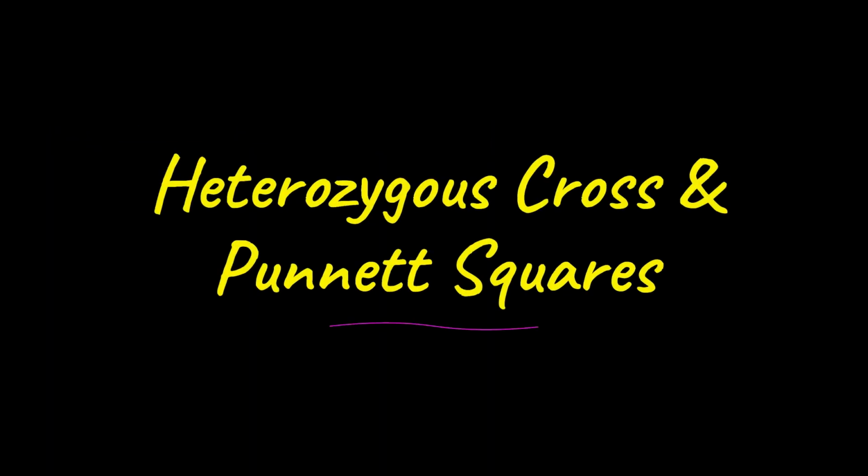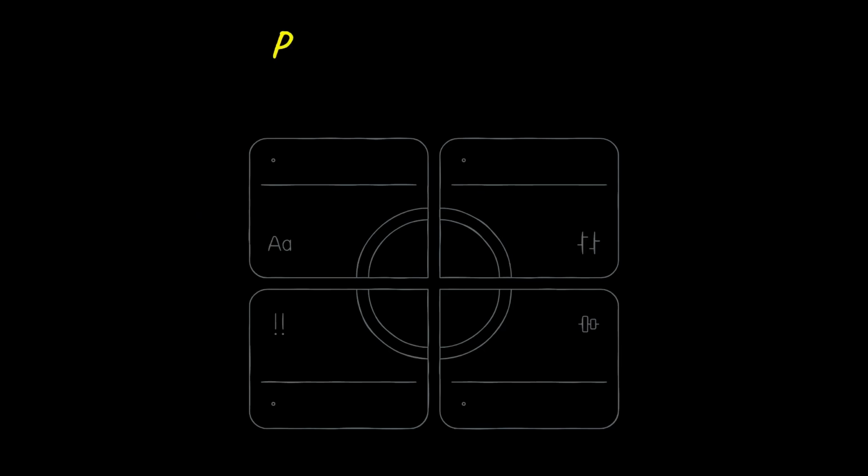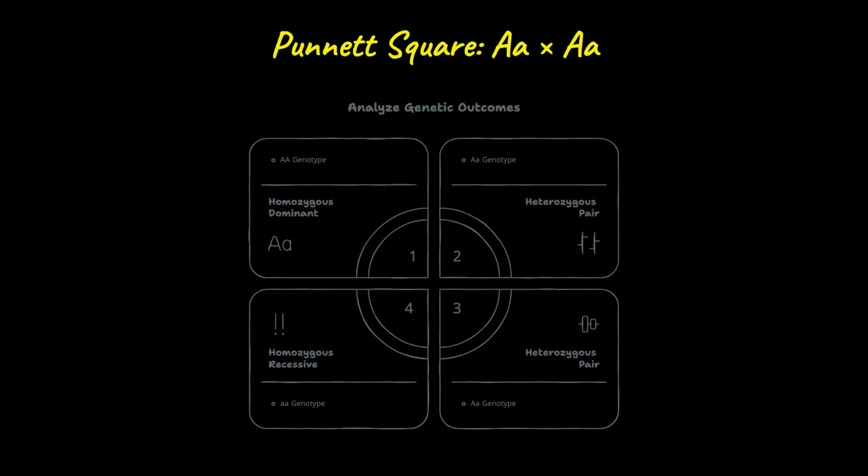When two heterozygous parents each carry one dominant and one recessive allele, we can predict exactly what proportion of their offspring will inherit each genotype and phenotype. This is one of the most fundamental scenarios in Mendelian genetics. Setting up the Punnett square, we place one parent's alleles across the top and the other's down the side. Each of the four cells represents an equally likely outcome, giving genotypes AA,